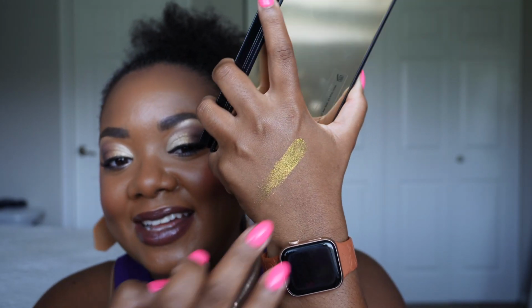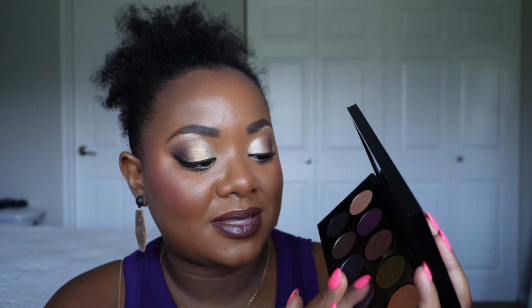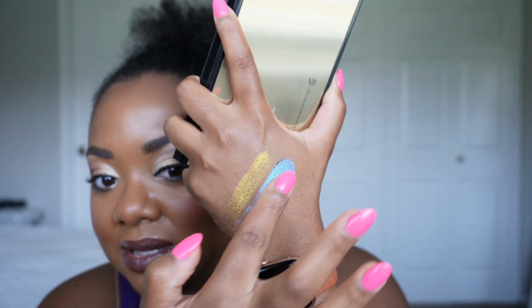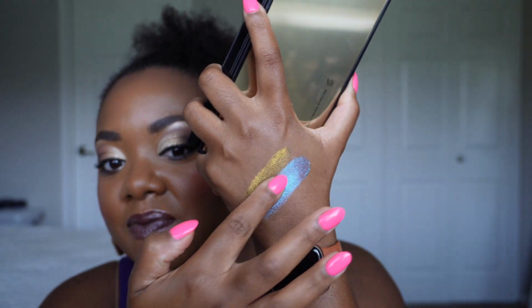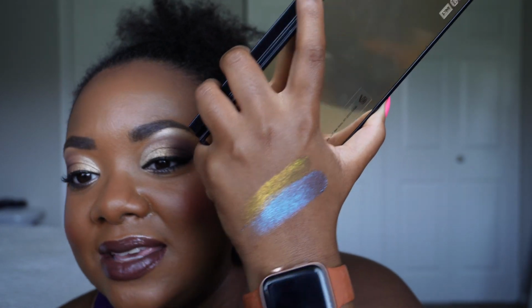Gigabyte, come on. There's no comparison. Even this purple shade that I don't know the name of, this purpley blue shade. Alien Superstar. And sorry, I have my ring light on because it is a little bit cloudy out today, so you might not be able to see the multi-dimensional goodness, but